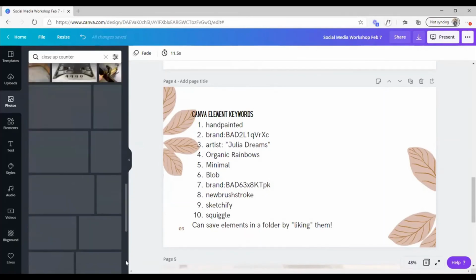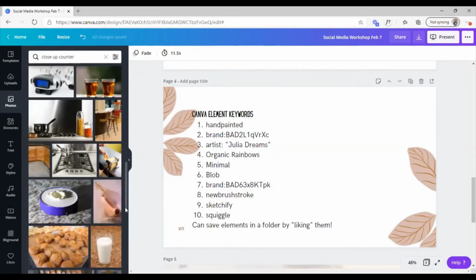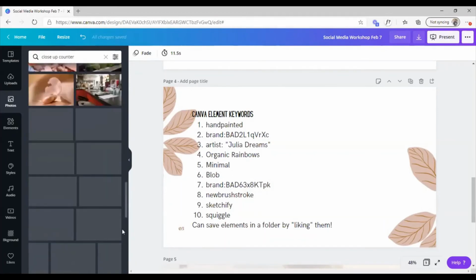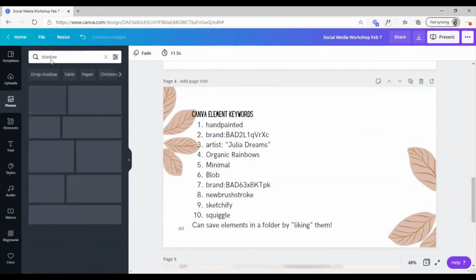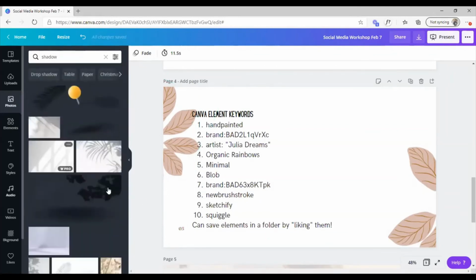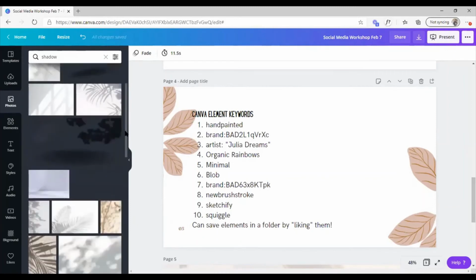Sometimes you have to scroll quite a bit to find one that you like that's going to work with what you have. Something that I've used quite a bit, let's see if they have any here, shadow. I've had people ask me, oh, how do you add shadows? I literally just look up shadow, and then I'll add a shadow to an oil bottle to give it more depth, to make it look like it's actually sitting on a counter. So there's so many things that,